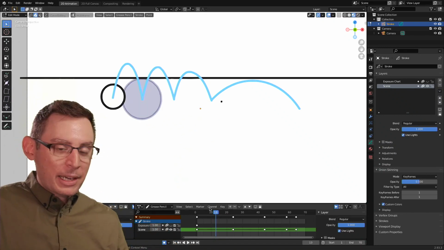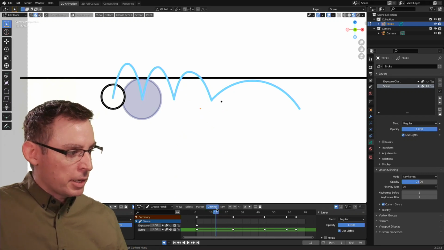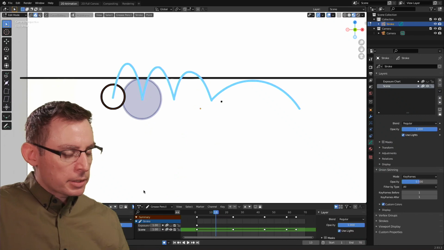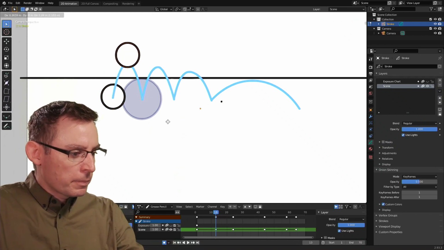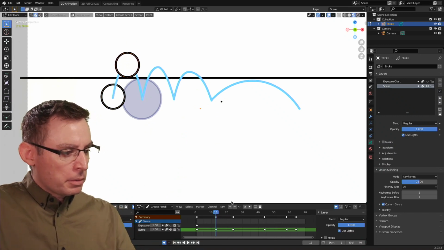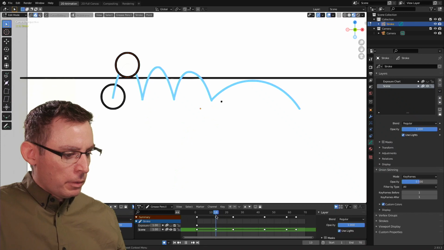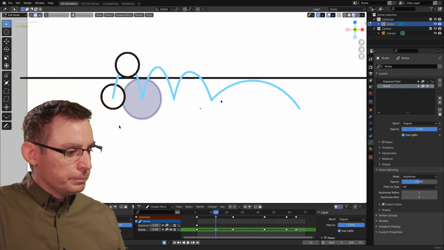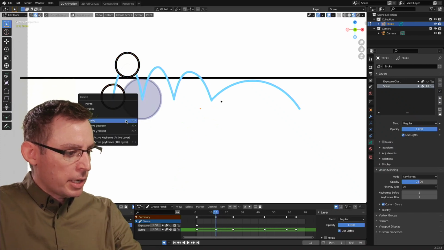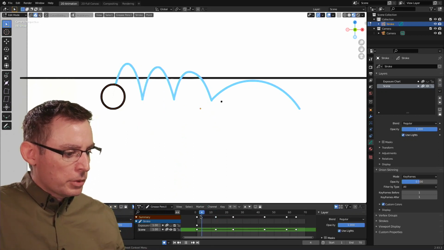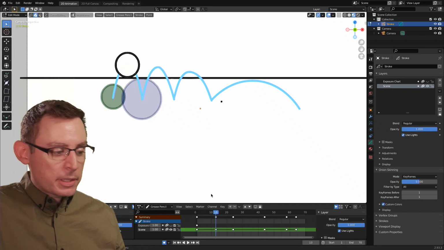I'm going to bisect my timeline downstairs here, and I'm going to duplicate that object. So Shift D, I'm going to put it right in the middle of that movement arc. Oops, it looks like on this one animation frame I have two objects that are identical to each other. So let's just delete the unnecessary one. Pay real close attention to how you've duplicated these things. I think I made a mistake by accident.